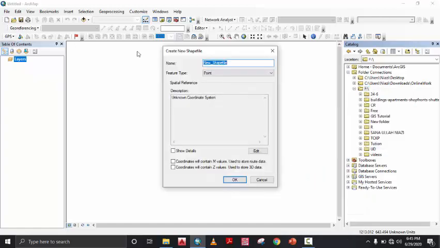You can see this new window will open up. This shows the name and the type. Now we will discuss how many types of shapefile there can be. That can be 5: basically point, polyline, polygon, multipoint, and multipatch. These are the 5 types. So first I am going to make the point shapefile. So this is the point shapefile.